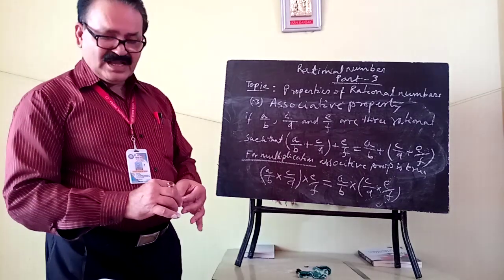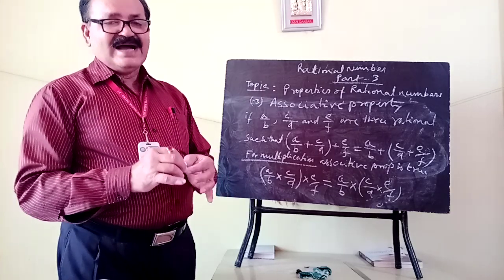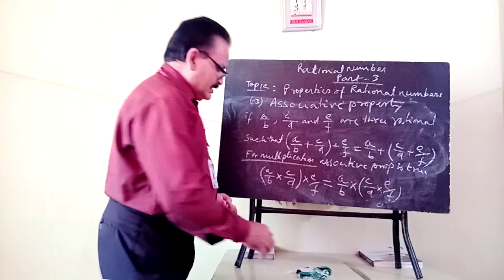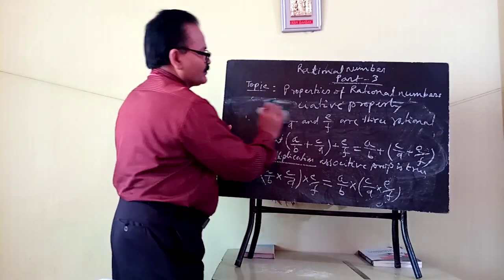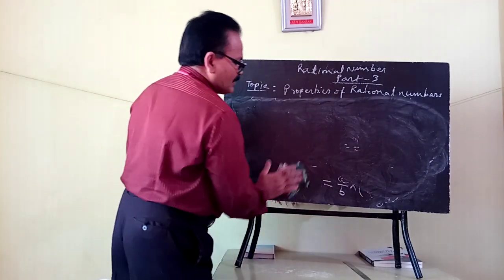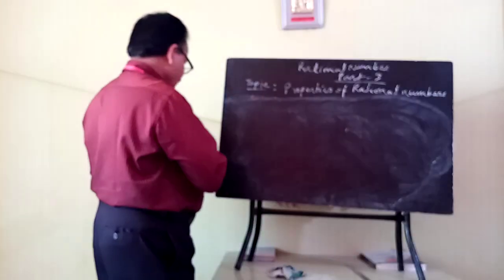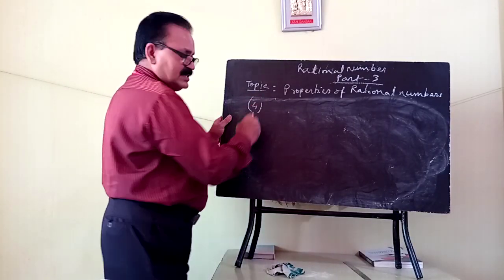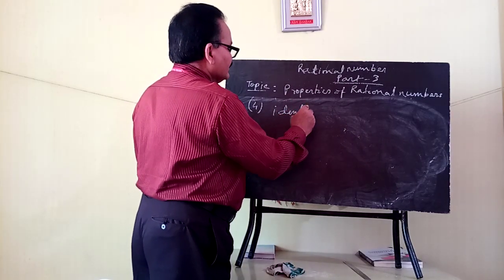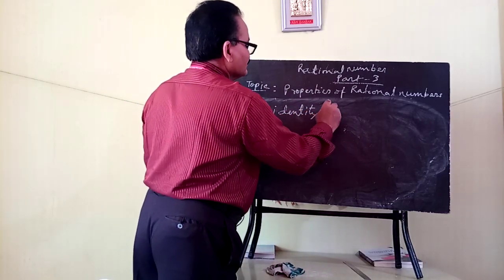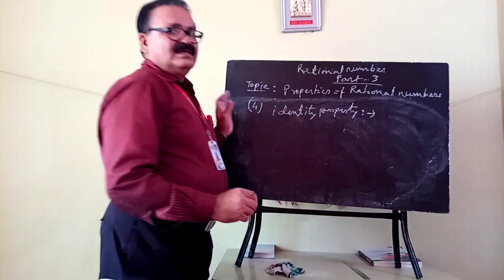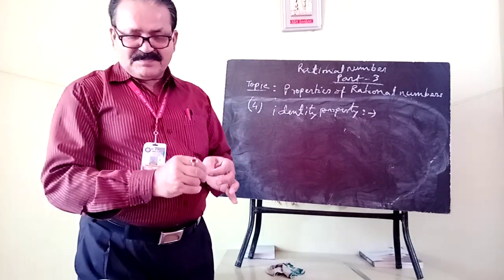Now I will explain the identity property. Now I will discuss the fourth property. The fourth property is your identity property. In this property, if